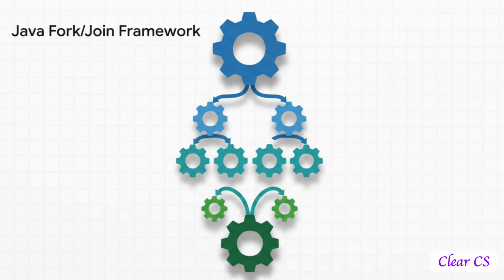Another really excellent example of this from our sources is Java's fork/join framework. It operates on that exact same divide and conquer principle. If a task, let's say summing up a totally massive array of numbers, is just too large, the framework recursively splits it into a left and right subtask. It forks these tasks out for parallel execution across different threads. Then, once the tasks are finally small enough to compute easily, it joins all those answers back together. It's a super elegant, highly optimized way to squeeze every drop of performance out of multi-core processors.